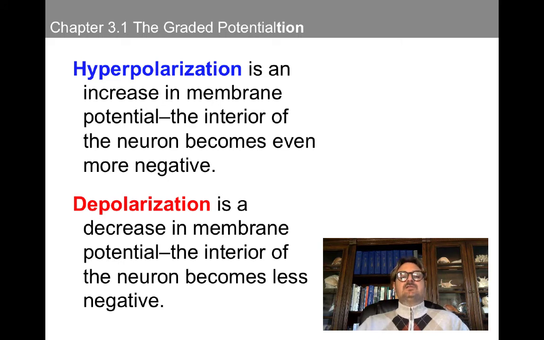Depolarization is a decrease in membrane potential. So the interior of the neuron becomes less negative. So the intracellular space becomes less negative. At resting, it's negative 60 millivolts. If it's slightly depolarized, it could be maybe negative 59, negative 58. Eventually, it could become negative 50, negative 45 millivolts. Whenever it reaches negative 40 millivolts, then we're going to talk about the next stage, which is going to be